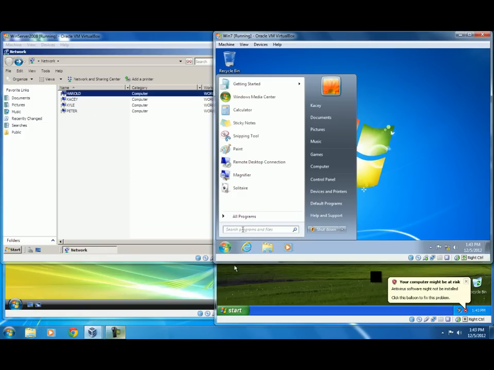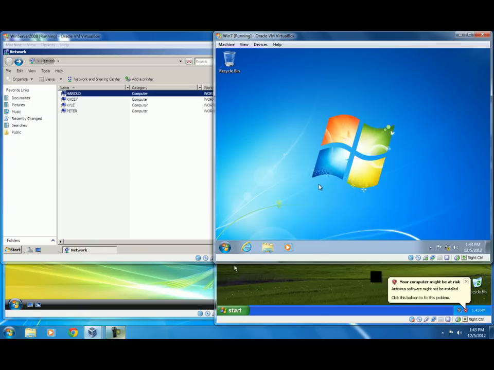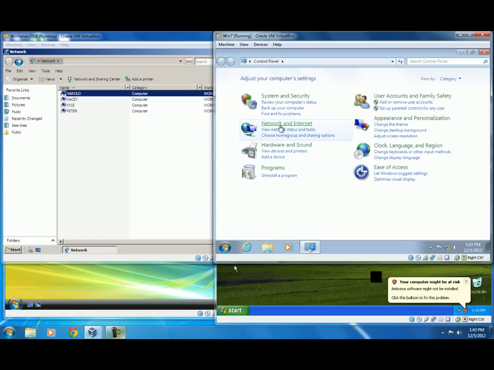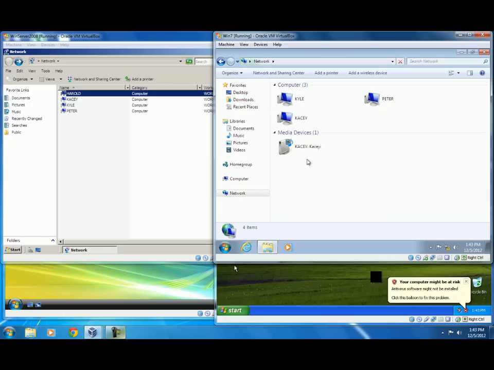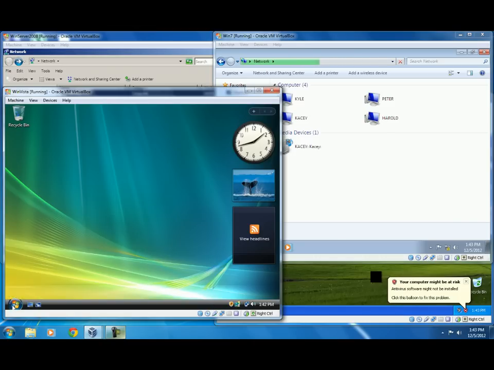Same as on the Windows 7, we go to Control Panel, Network and Internet, View Network Computers and Devices. Here you should see all 4 of the VMs on the network, same as on Windows Vista,